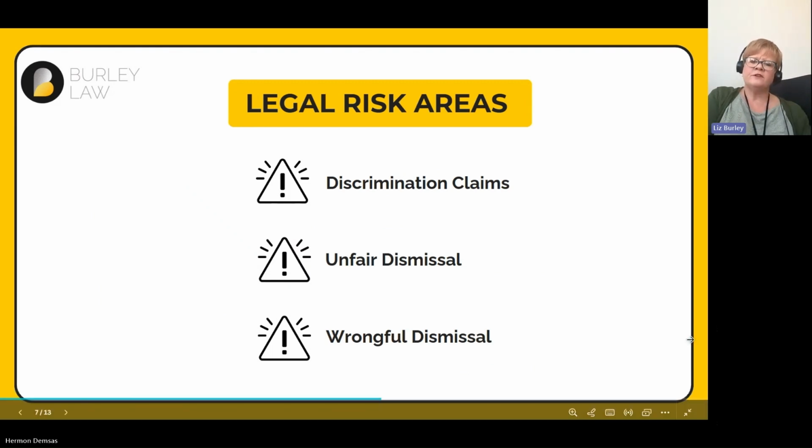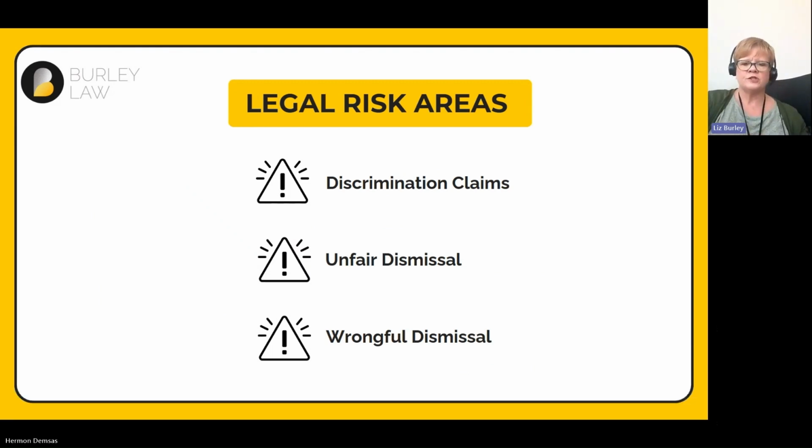Key legal risks, I've covered a little bit along the way. I've talked just about discrimination claims. So, I'm going to come on to think about unfair dismissal and also wrongful dismissal. So first of all, thinking about unfair dismissal. The right to claim unfair dismissal at the moment is set at 2 years of continuous employment. Nothing to fear there then. If we sack somebody for well below that 2-year threshold, we're safe. Well, yes, to a more or less pretty certain degree.